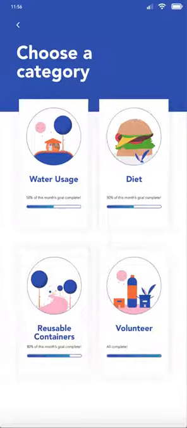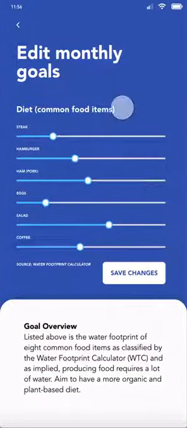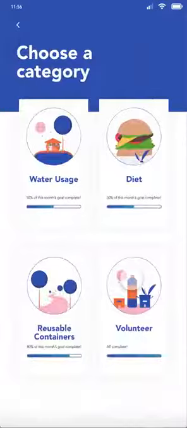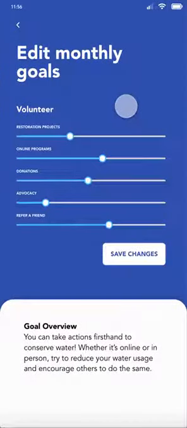Let's just briefly look at the various options available for diet. There's steak, hamburger, ham or pork, eggs, salad, and coffee, which are all based on the common food items listed in the site's water footprint calculator. For reusable containers, we have plastic bottles, containers, cups, straws or sticks, and cutlery. Lastly, for volunteer work, you have restoration projects, online programs, donations, advocacy, and you can also refer a friend to